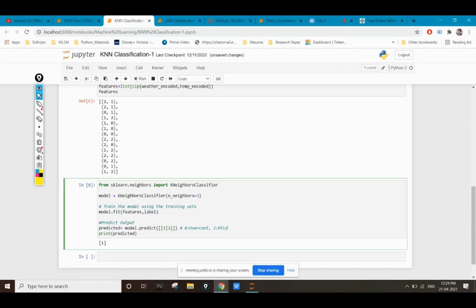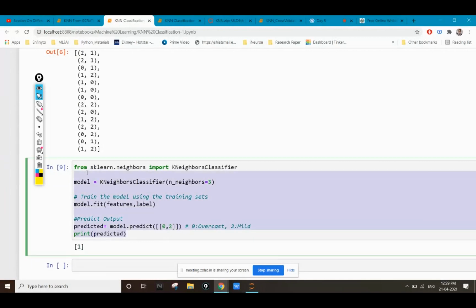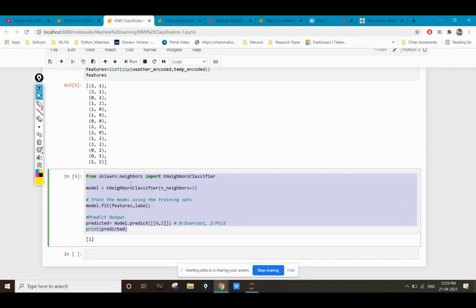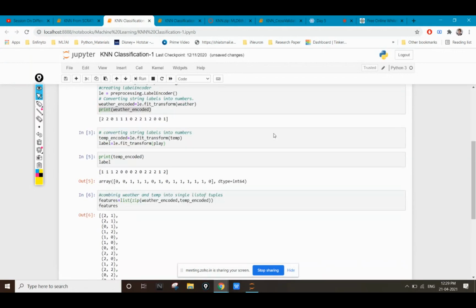Now, if the weather outside is overcast and the temperature is mild, then I can go out for play. So not for those particular points only, for all the future points also, I can classify whether I should go out for play or not, depending on the weather condition and the temperature condition.